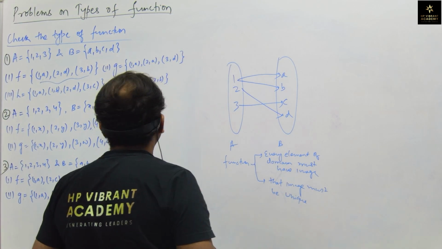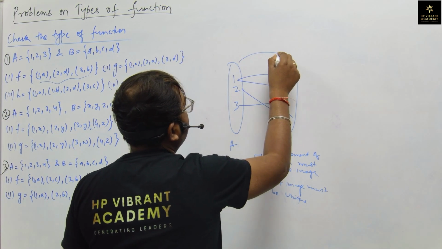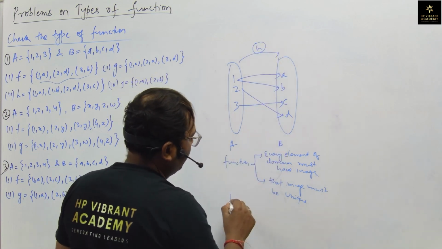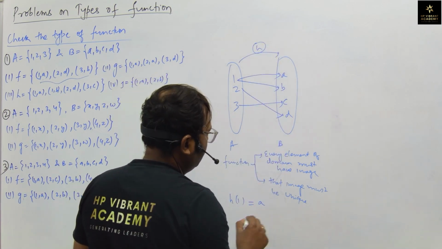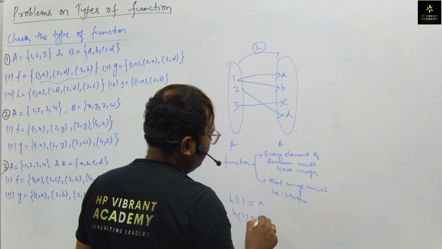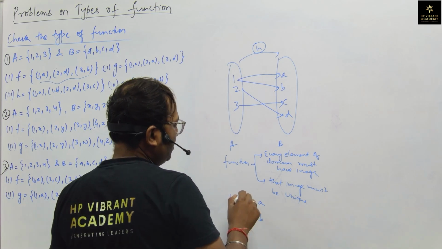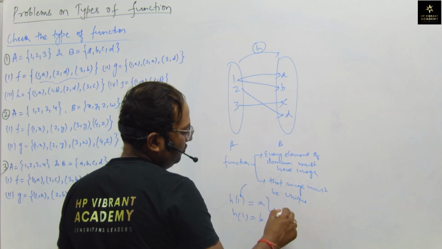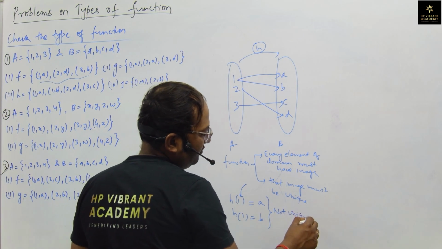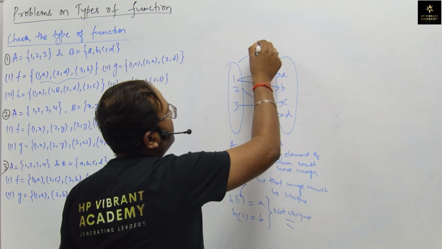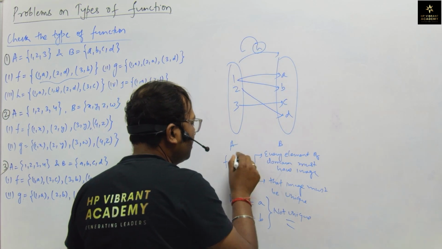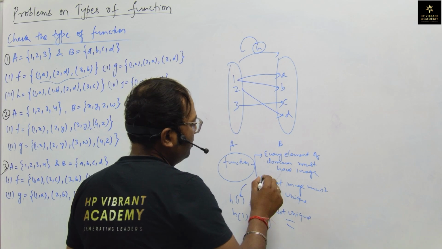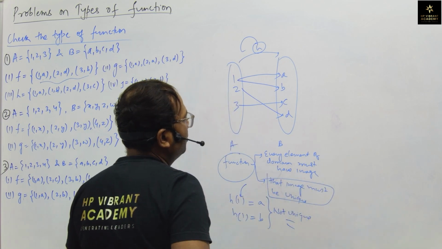So this relation is h. h of 1 is equal to A, and h of 1 is also B. So the image of element 1 is not unique. Hence this relation h is not satisfying the basic definition of a function. This is not satisfying the second condition. So hence